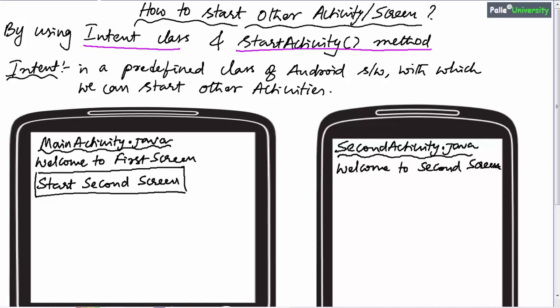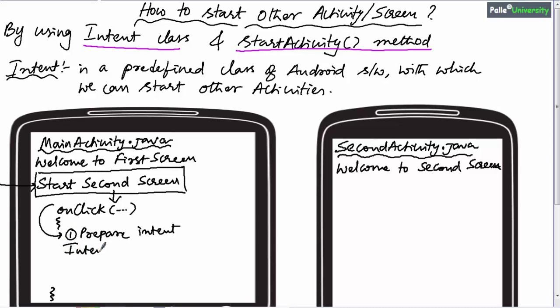Now let us see how to write this button click listener so that when the user clicks the button on the main activity, we open the second activity. Let us say this is the onClick method of this button. Now when the user clicks on this button, definitely this method will be entered. Now I will show you the logic to open the second screen. Here we have to follow a two-step process. The first step is to prepare an intent for the second activity because we have to open the second screen, and then use the startActivity method. It will look like this.